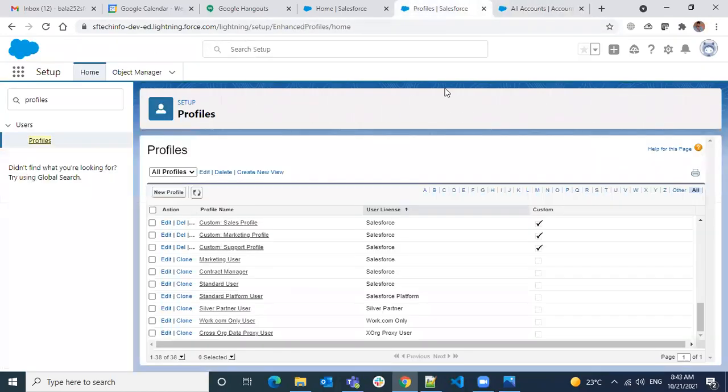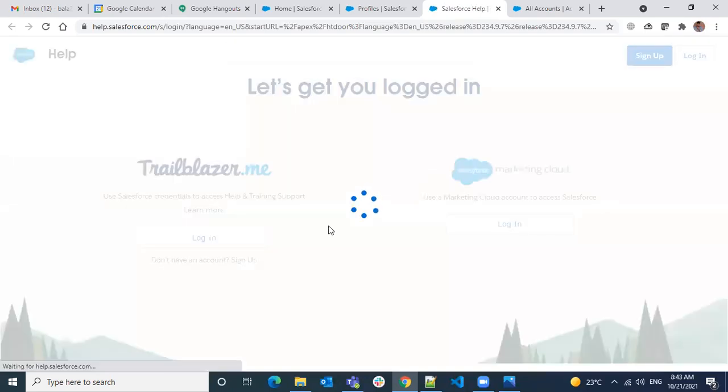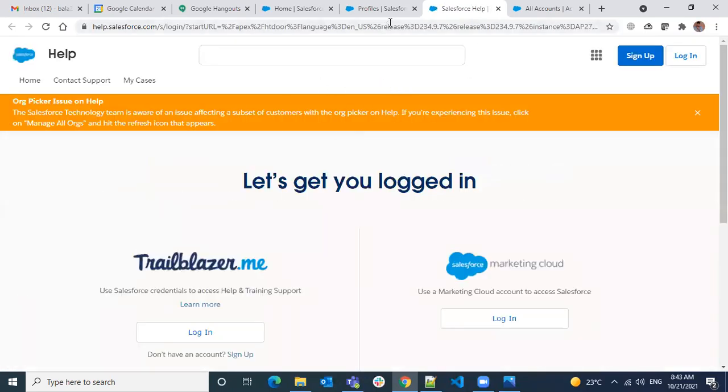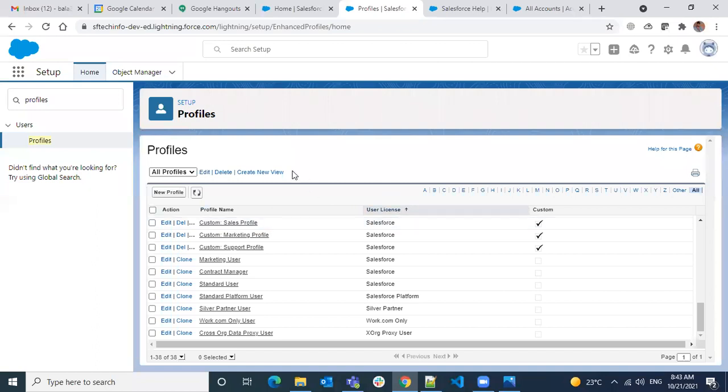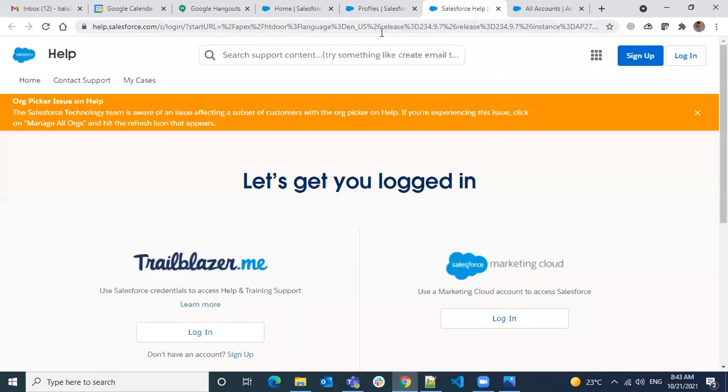If you observe in a profile, you see here Help for this Page. If you open it, the Salesforce standard documentation will open. If you have the patience to read, it will give you the full documentation of the page: what all the things you see here are, how we can access them, and what each click does.